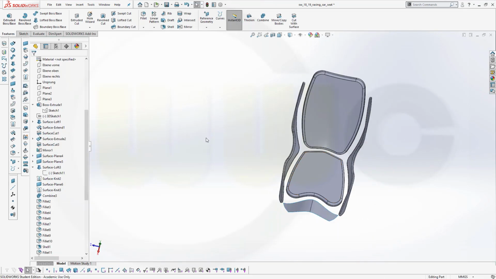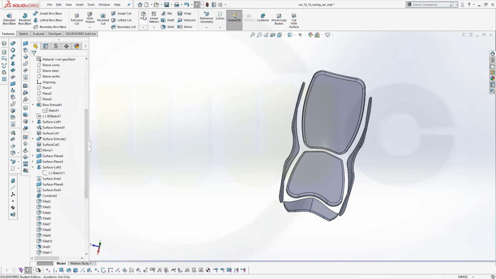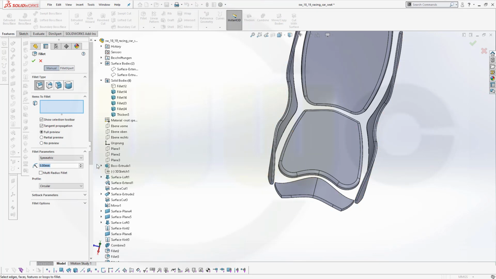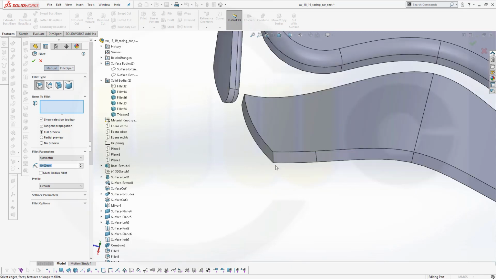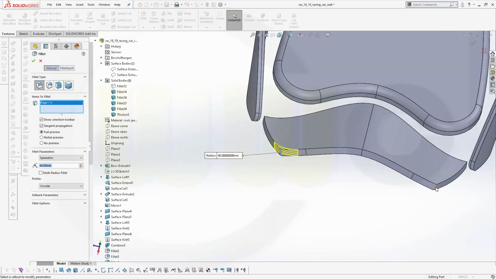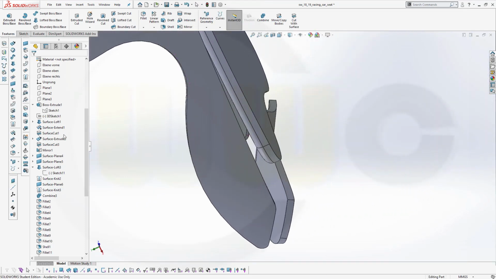Now for that one here, so go for another thicken, select it, 10mm, it's okay. Let's see what radius will work here. Let's try 40 on this edge here. So I got the face, I want the edge, this edge right here. Yeah, works. This one, yeah. Does this one work as well? Nope. So let's delete that one from this selection, confirm that one, and see what kind of radius will work